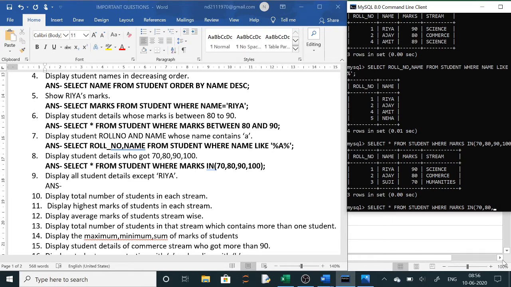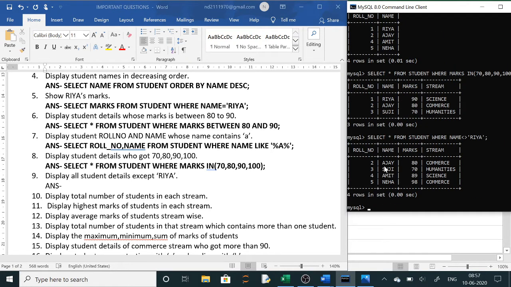So here we will simply write select star from student where name not equals to Ria. For not equals to we can use the less than greater than sign, and we can write here Ria in single quotes. This is one method to write the answer. Or the second method was not in bracket Ria you could have written. Now see, except Ria it has shown all others. So this is except Ria.